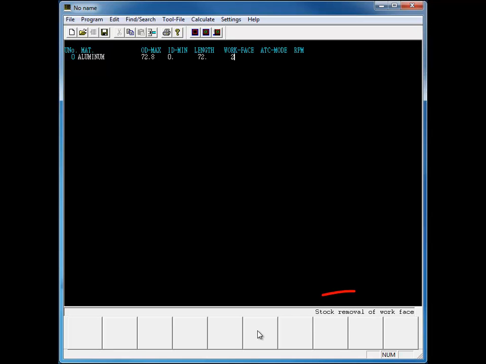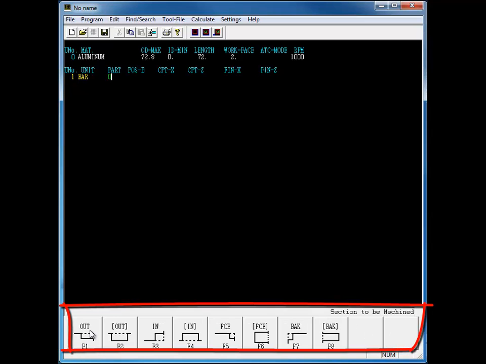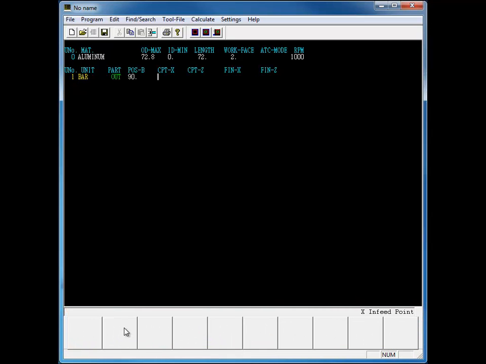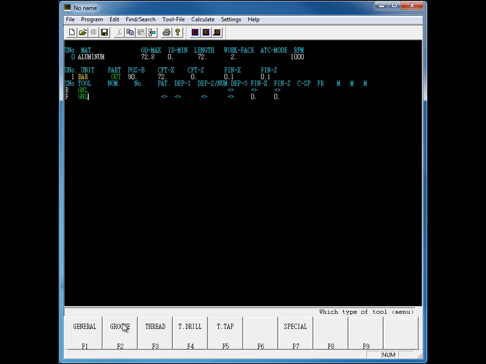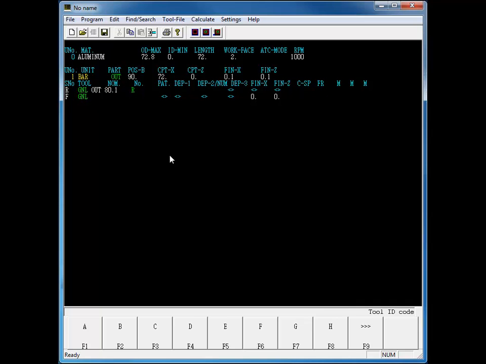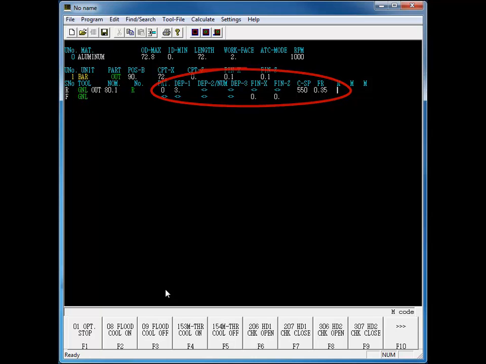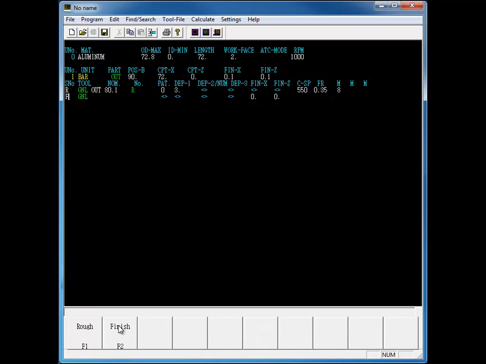While entering values, bottom prompts and soft keys guide you through the programming process. A lot of work is done for you, thus decreasing your programming time. This way you spend less time programming parts and more time cutting them. You can use your tool files from the Mazak CNC to select tools from your tool list. Also, you can program your part using AutoSet based on cut conditions, tool file, tool data, and user parameters downloaded